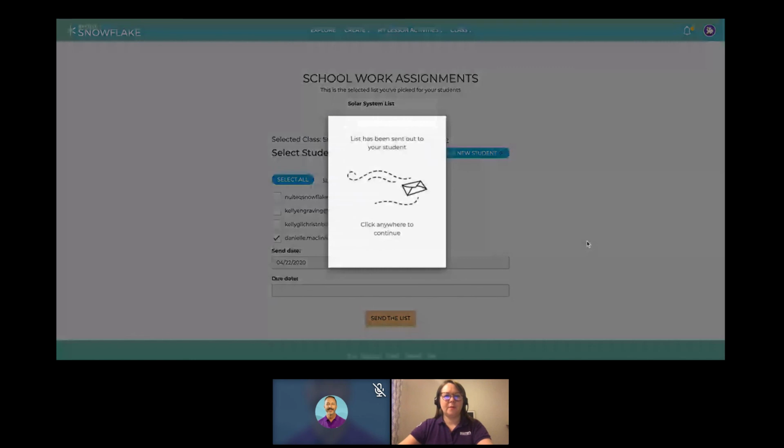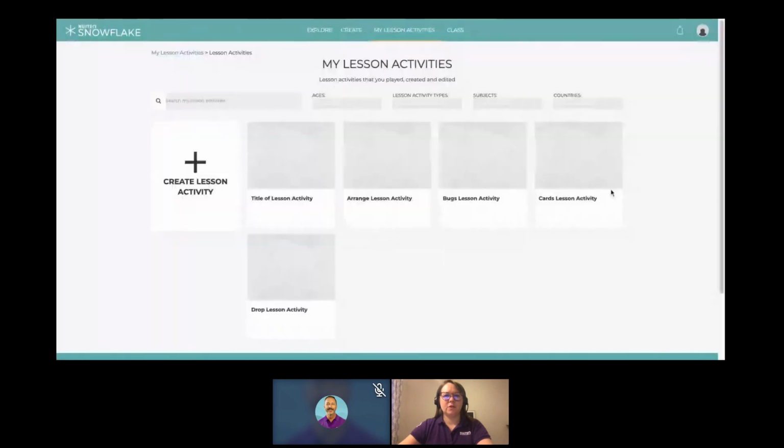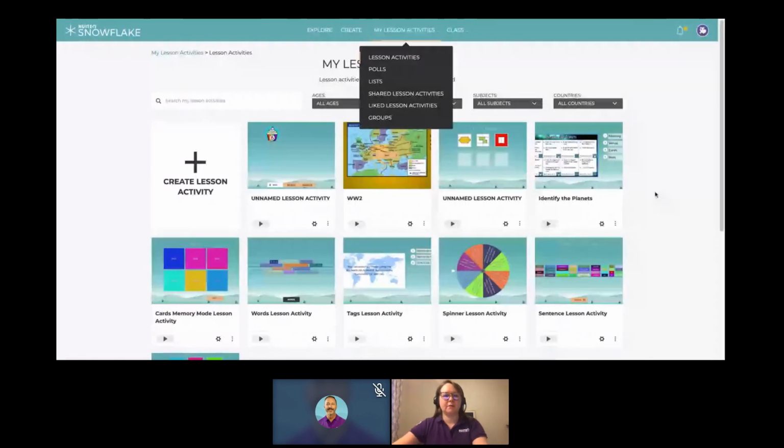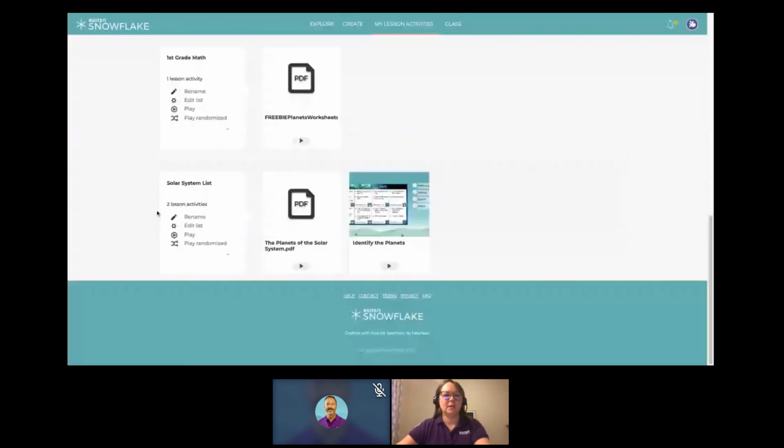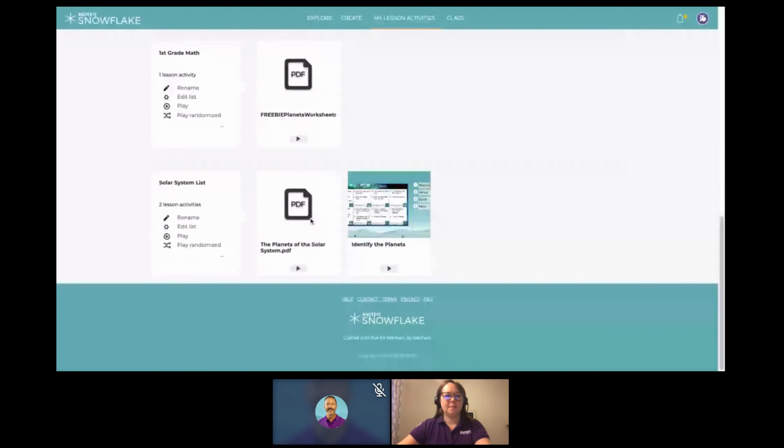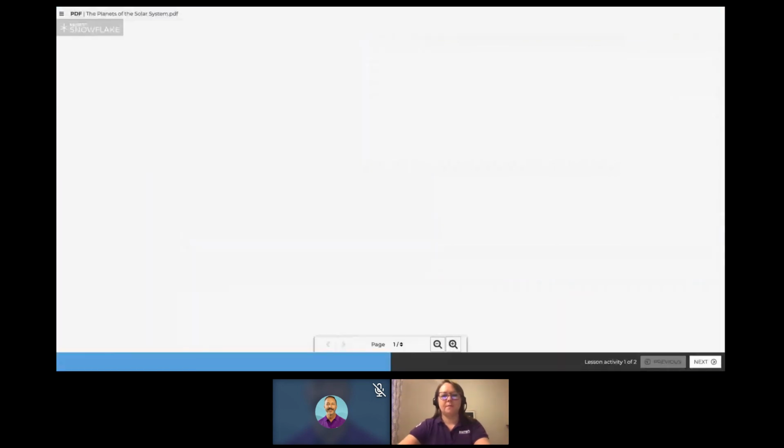Now I'll show you, if you play the list, what it would look like. It'll look the same from a student perspective as well. So when students are assigned the list, how it will play will be the same. From my end, I can play it randomized, which would mean things appear in any order, or if I want to go in order,